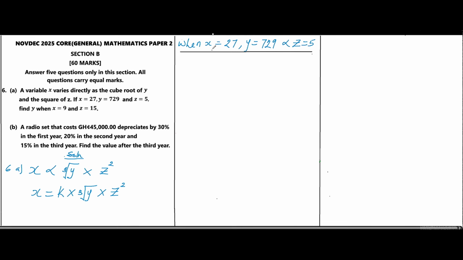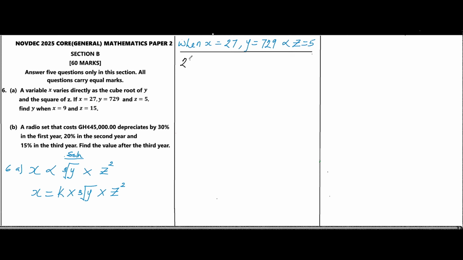So in place of x, we substitute 27, in place of y 729, and in place of z 5. Our main goal here is to find the value of the constant of proportionality,